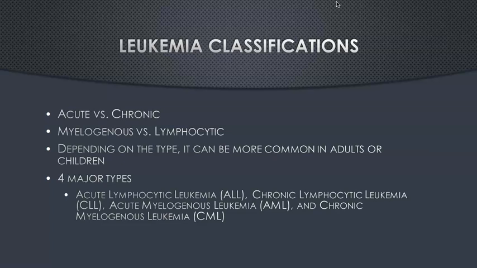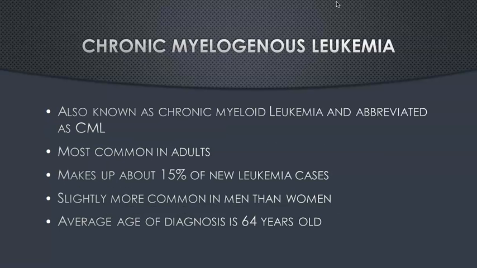And then we talked about the myelogenous versus lymphocytic. That's going to be the type of cell that's affected. And there are four major types. There's acute lymphocytic leukemia, chronic lymphocytic leukemia, acute myelogenous leukemia, and chronic myelogenous leukemia. We are going to be focusing on chronic myelogenous leukemia, or CML. It can also be called chronic myeloid leukemia, but we're going to just call it CML for the rest of